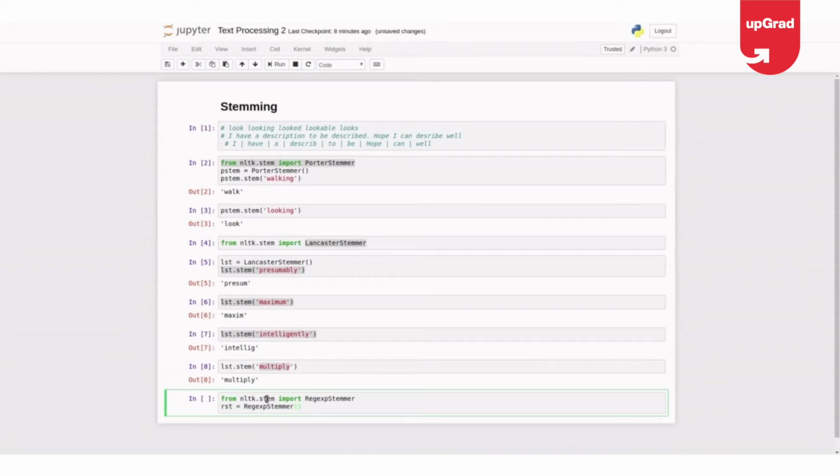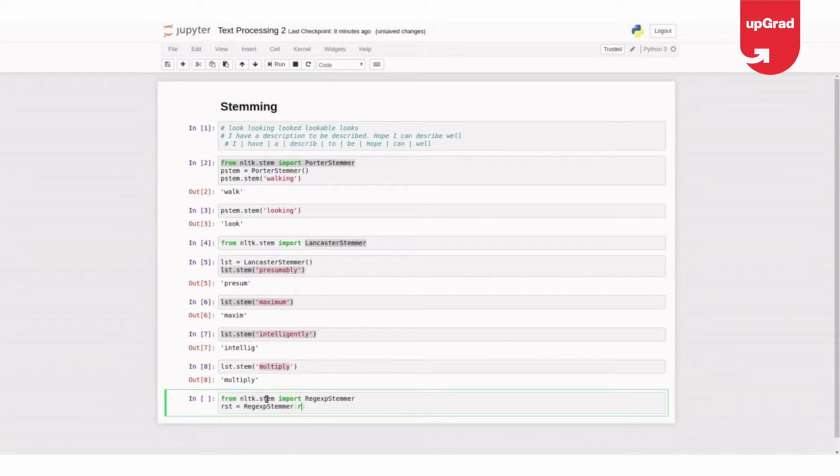I'll try to build a stemmer where I want to get the stem word of all the words having ing, s, e, and able. So if a word I am giving is ending with ing or s or e or able, I'll remove it. That's my use case.